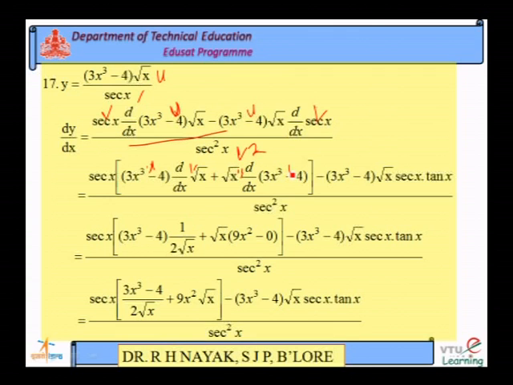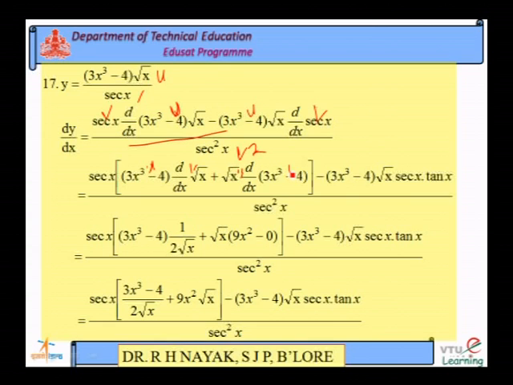Minus 3x cube minus 4, we have to take as it is, into root x, differentiation of secant x. Differentiation of secant x is what? Secant x into tan x divided by secant square x. Again in the bracket wherever we have dy dx, that is to be differentiated. 3x cube minus 4 is taken as it is. Differentiation of root x is what? Differentiation of root x is 1 by 2 root x, plus keep root x as it is, differentiate 3x cube,